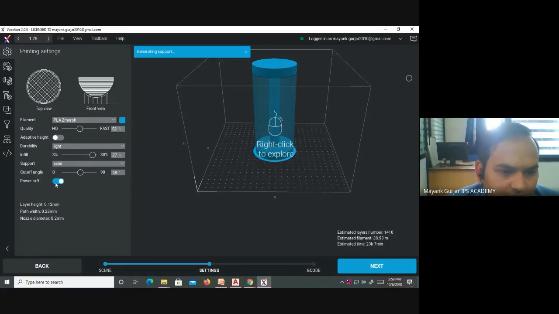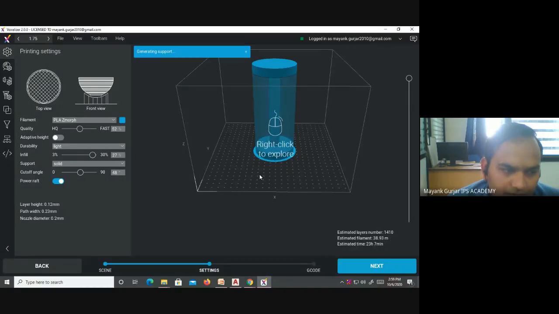Next is the power raft. This is the base layer you can see over here. This base layer has to be printed, and that is called the power raft. It is just the first layer of the printing, so that we can ensure proper supply of the material and the fluidity is maintained.